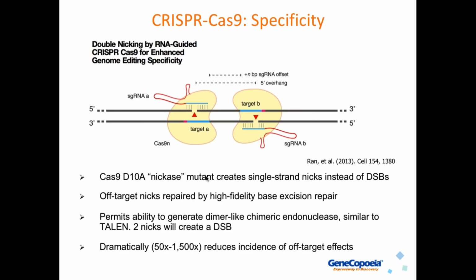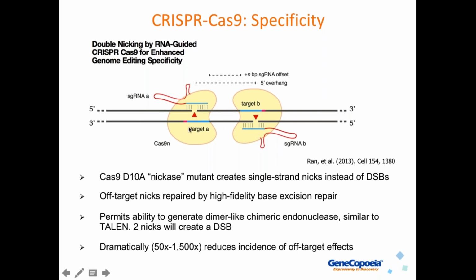However, a number of technologies have been developed to mitigate CRISPR off-targeting. One is the double nicking strategy. You may or may not have heard this, but there's a mutant of Cas9 known as the nickase. There's actually 2 of them, but one of them is known as the D10A nickase. And this requires 2 guide RNAs that are spaced on opposite strands, flanking the intended break